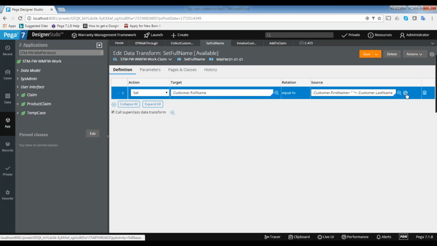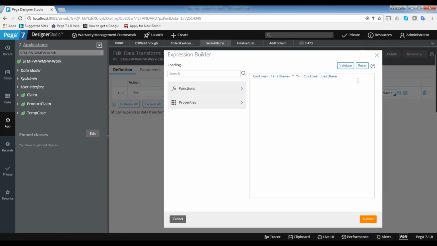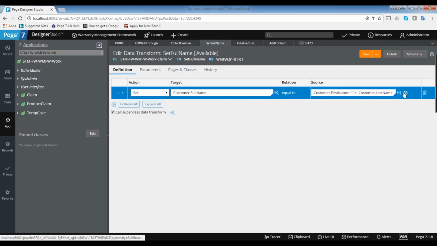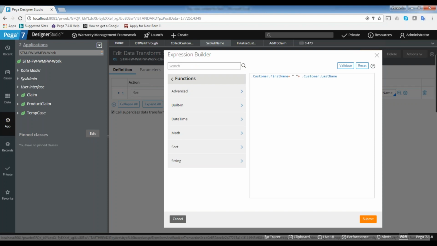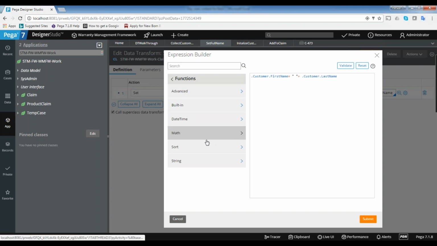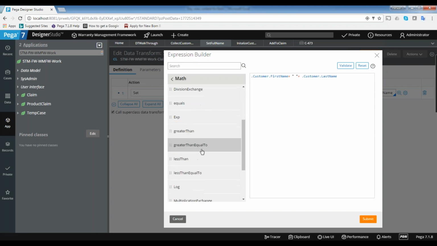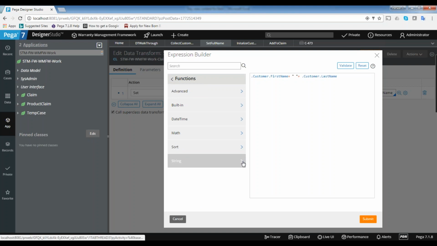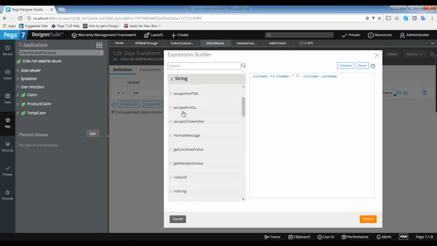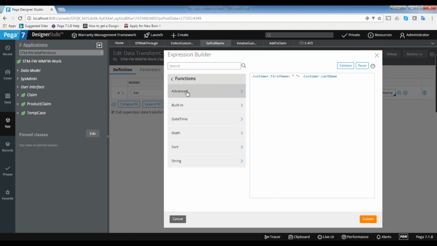So you can use a lot of functions. I am showing some simple ones. If you want to build a complex logic and you are not able to build it, you can use this expression builder. Here you can see a lot of functions are there. You can see built-in math functions, if you want to find division, exponent, less than, or check some conditions. A lot of functions are available: square root, square of something, and some advanced ones. You can see datetime functions and string functions are there. If you want to take part of a string, you can use these functions. Based on the requirement, we need to use these functions.